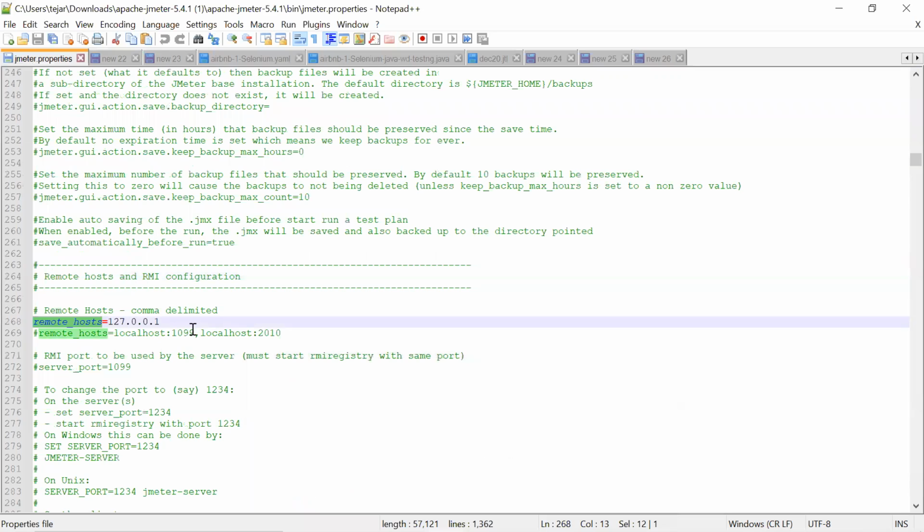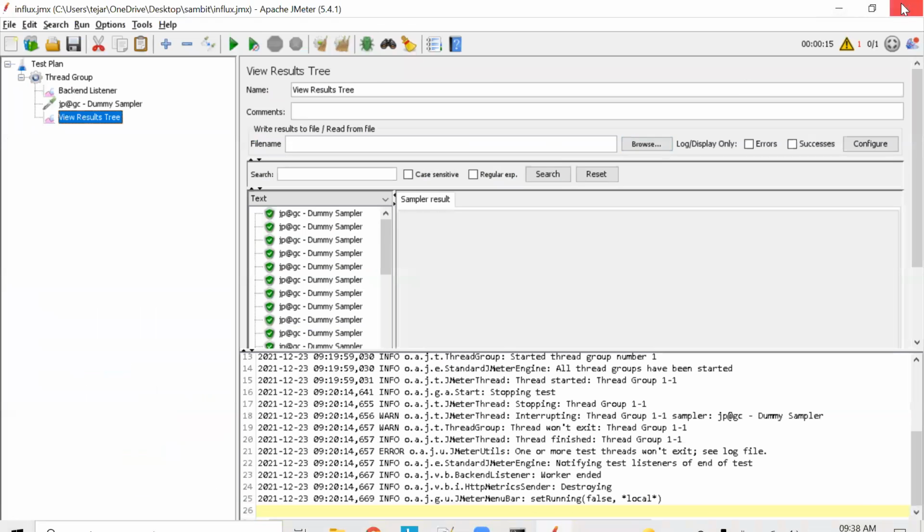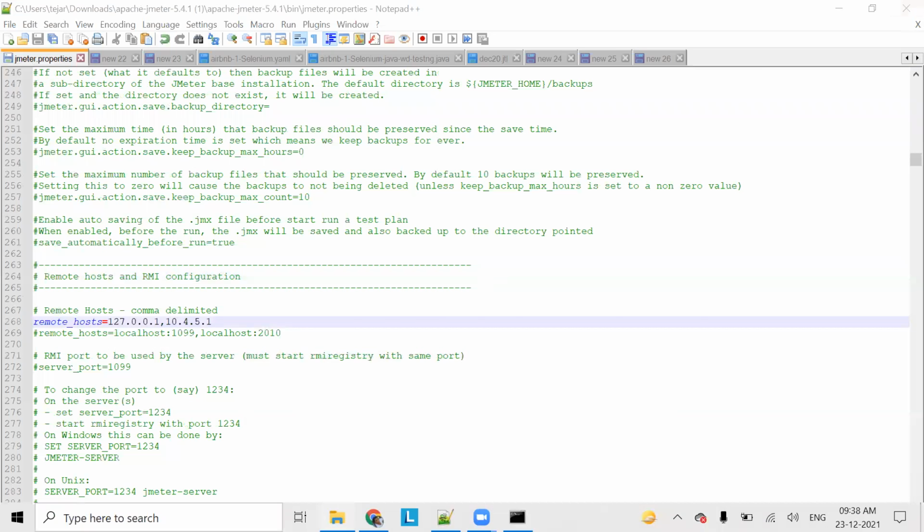Here you have to add your slave machine IPs, separated by commas. Assume that my other system IP is 10.5.4.something. Save. Then restart your master, so that it takes the change. Let's restart.